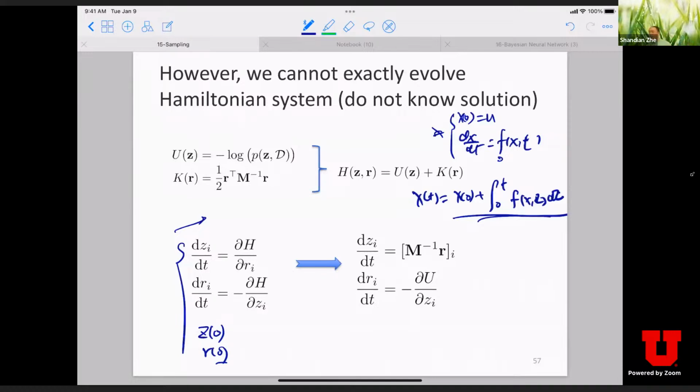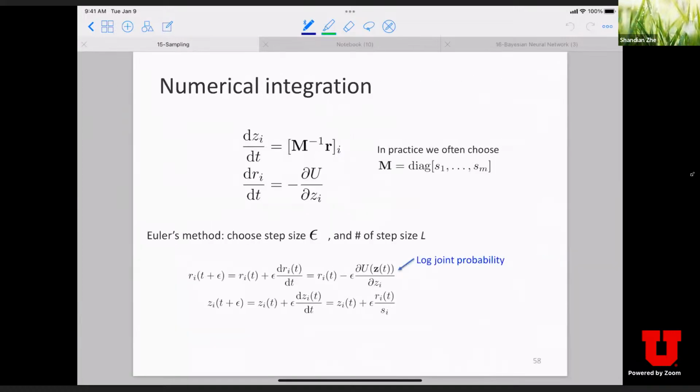Okay, great. So let's see in practice how we can simulate a Hamiltonian system. We can use numerical integration, and perhaps the simplest and most commonly used approach is called Euler's method. I bet everyone of you has heard of this before. So what does Euler's method mean? If you want to integrate a complex function from 0 to some ending time t,